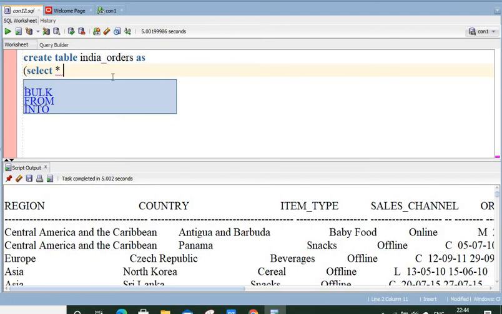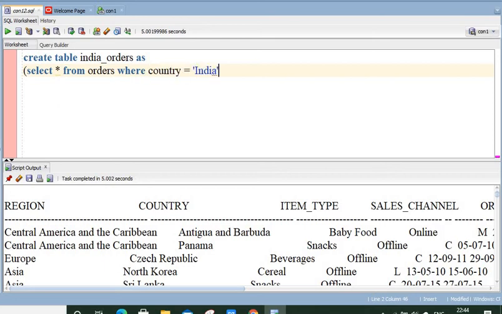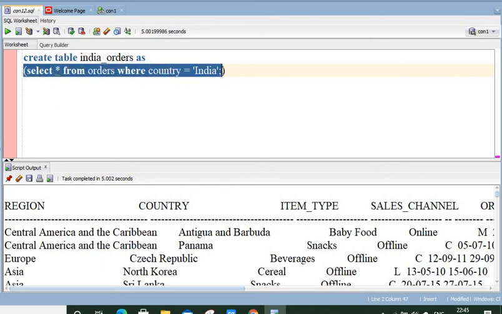I'm interested in all the columns, so I'm using star here, and the name of the table is orders, and the where condition is country equals India.